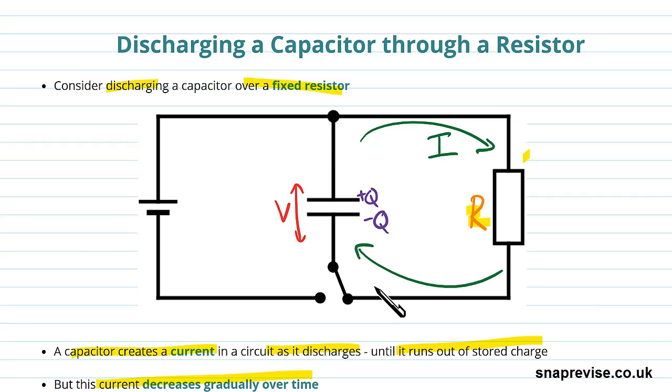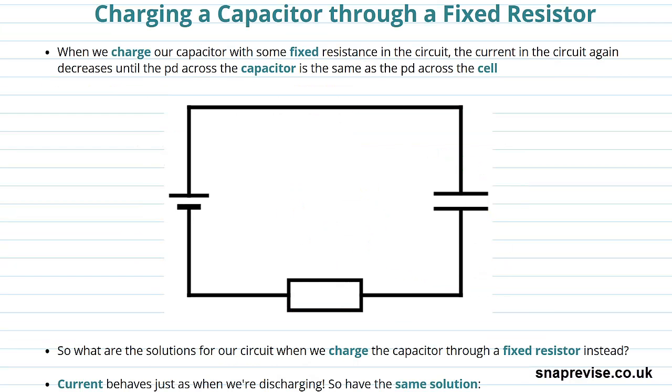Now we're going to think about the opposite way. We're going to think about when we're charging it up, and how the charge varies on the capacitor as we charge it. The reason why we've done discharging before charging is because it's a little bit easier to do it discharging, and we can use some of the solutions we found previously to get the answer here. So when we charge our capacitor with some fixed resistance in the circuit, the current in the